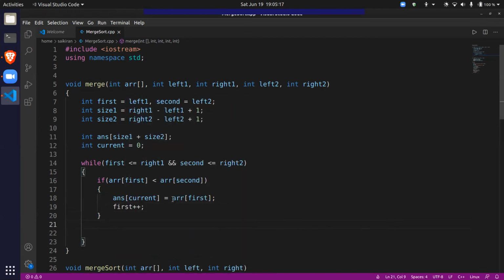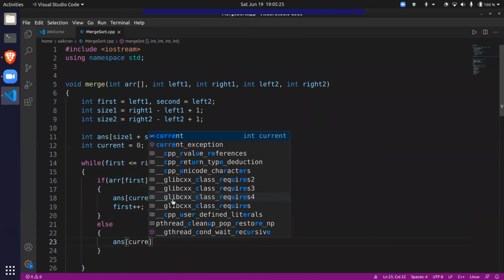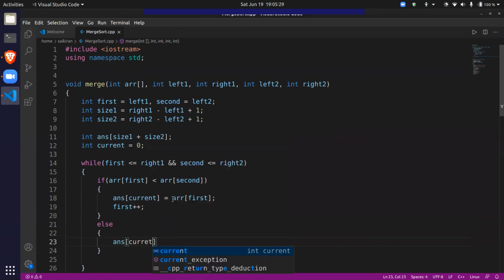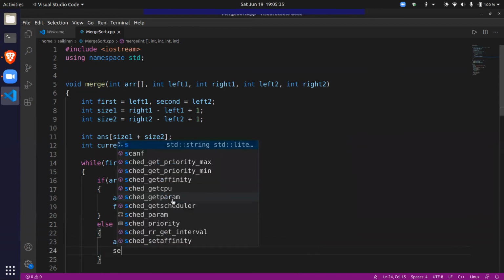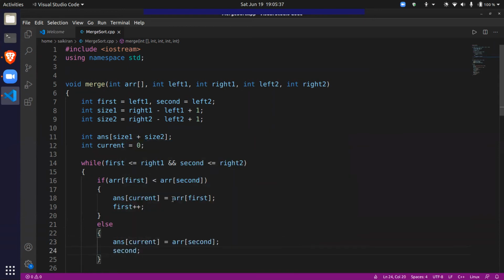Okay. Else, what do we do? Answer of current. I mean, if the first guy didn't win, that means the second guy won, right? So we'll write ARR of second and increment the second, plus plus. Okay, we can do less than or equal to.